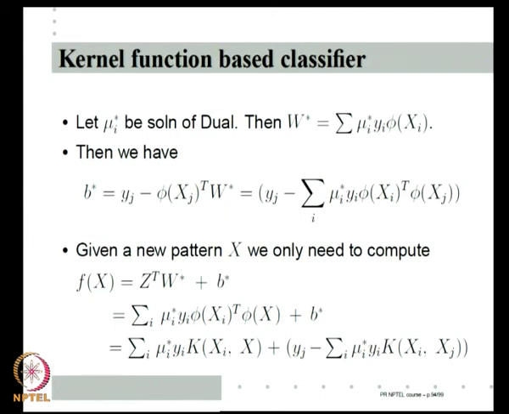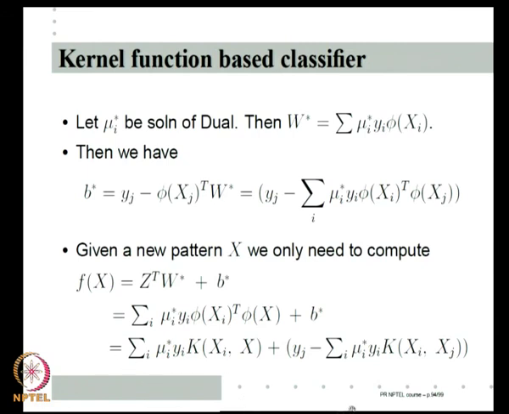Now, no matter what phi(x) is, no matter how high the dimension m prime is, I am solving a constrained optimization problem, with a quadratic cost function and linear constraints, whose dimension is simply the number of examples. And to solve this, I do not have to actually calculate my phi(x)'s. Phi is only in the background, because I can kernelize my inner product. So, while solving the dual, where phi(x_i) transpose phi(x_j) would have come, I would put k(x_i, x_j). I solve the dual, get all my mu's.